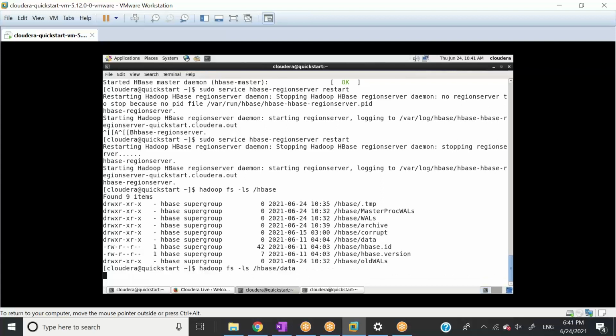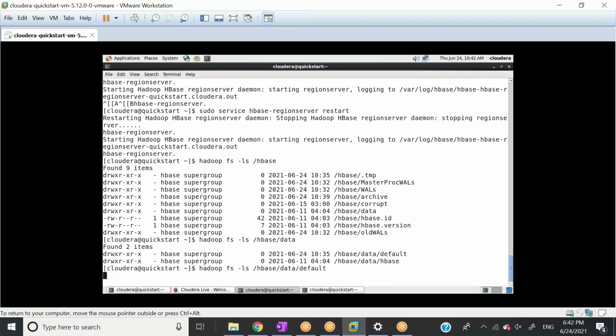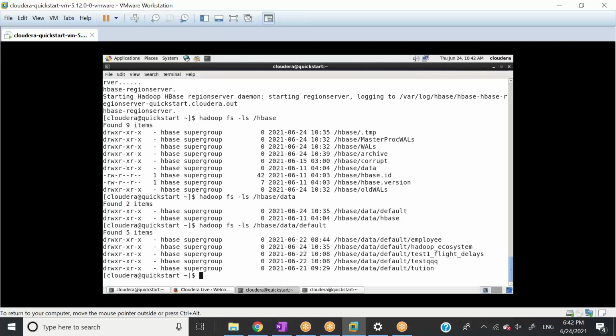So when I go to data, what should be inside the data folder? I'm using default. I haven't changed the database, so it will be default. Okay. So I'll go inside default. Inside default, I have a new directory called Hadoop ecosystem.